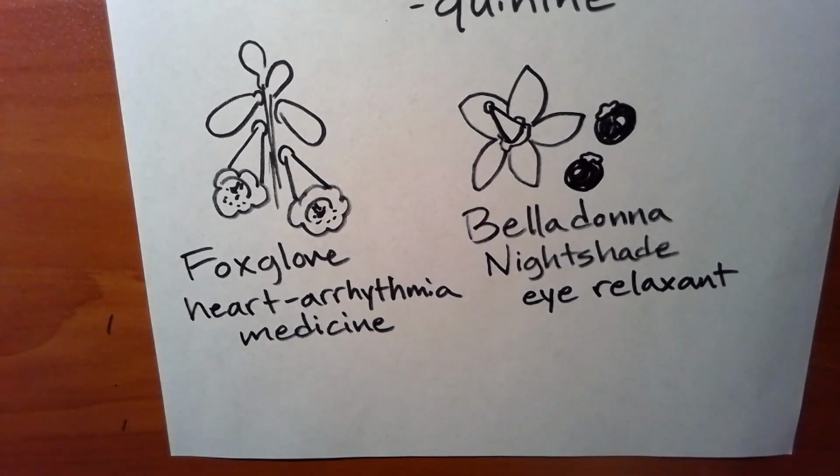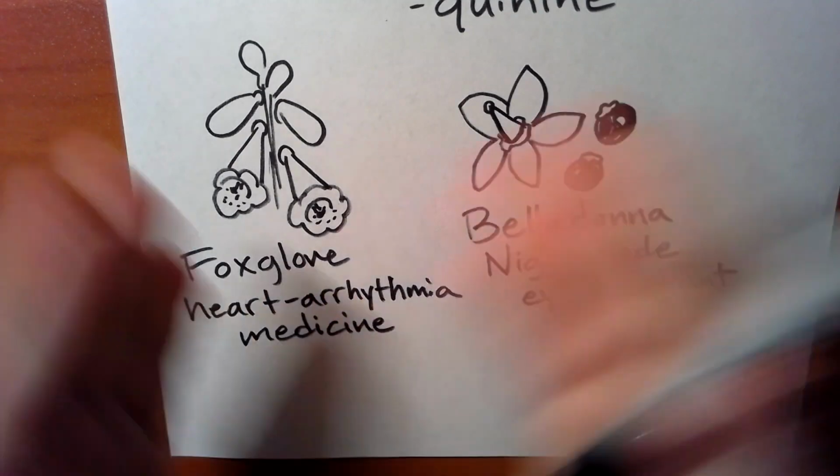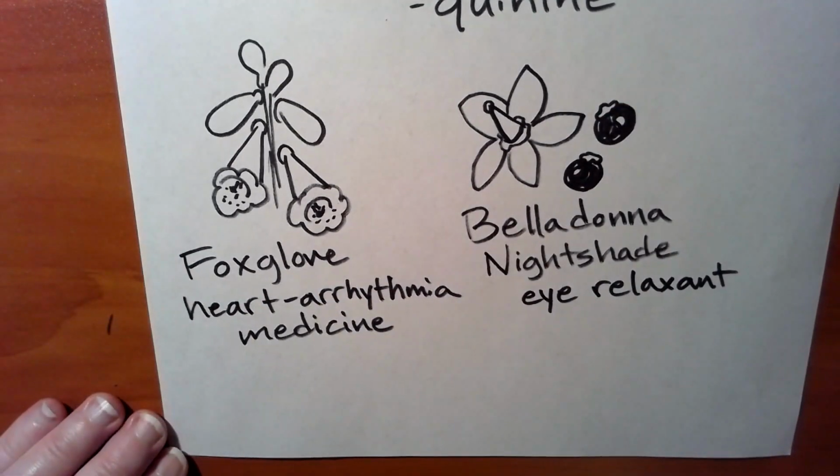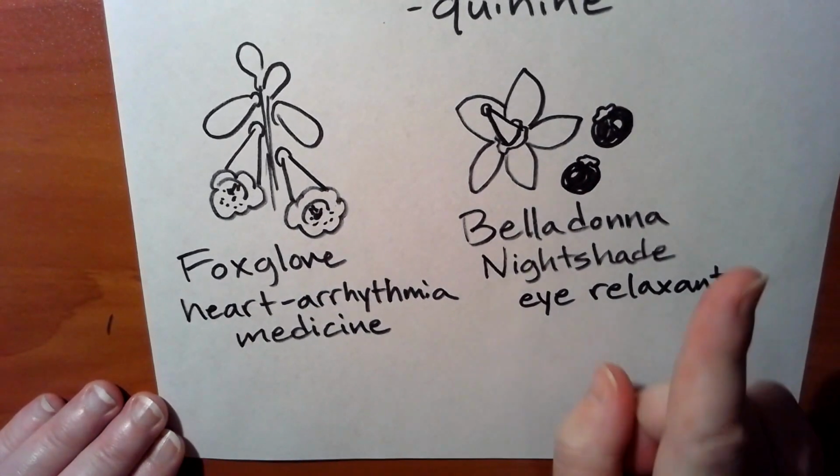Alright, so that being said, there is a group of animals that also use a lot of these poisons to their advantage. And we talked about these poisons being used to repel insects, but some insects have actually realized how to cheat the system. And yes, insects are going to be the next class of animals we are going to